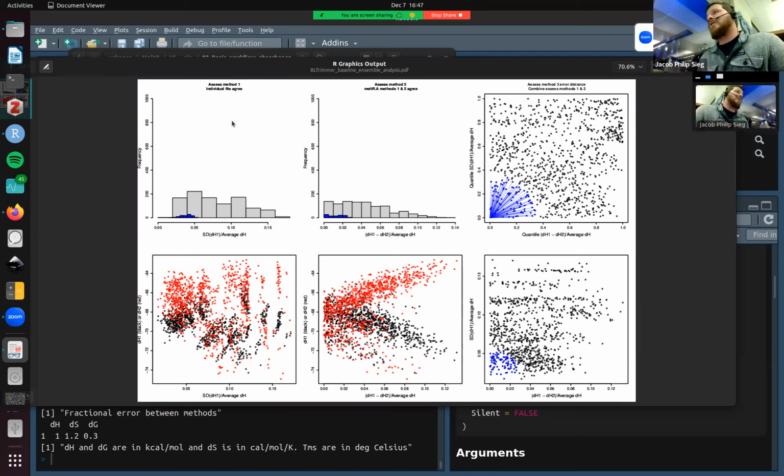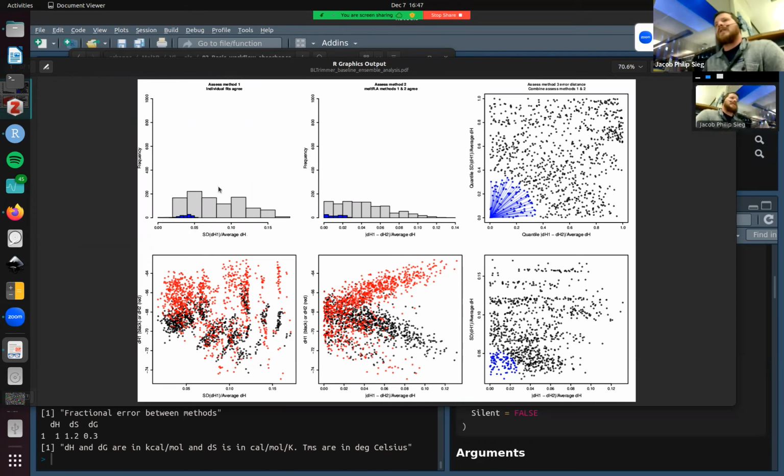And you can use 3 different methods. The default is method 3. And so basically method 1 looks at differences between samples in the individual fits, where each curve is fit one at a time. And it looks at all of these, and it says